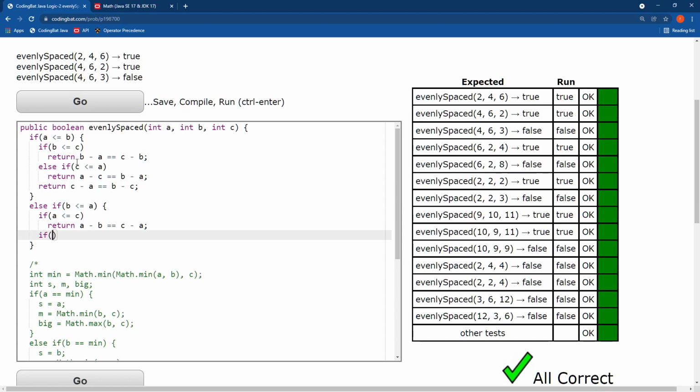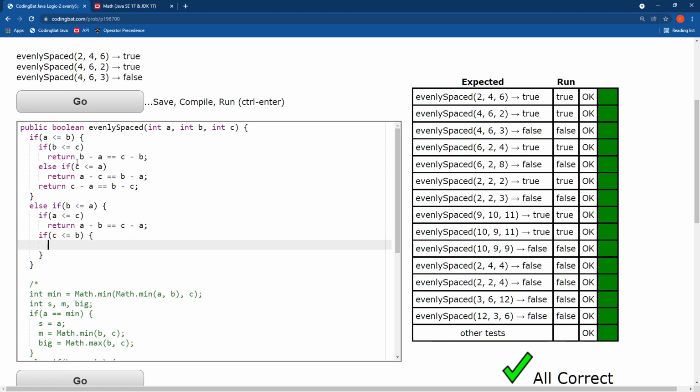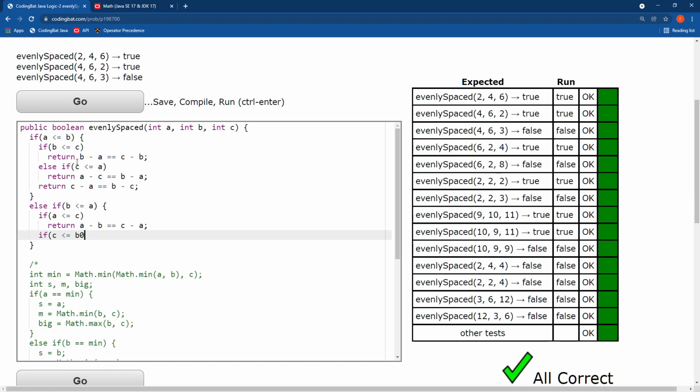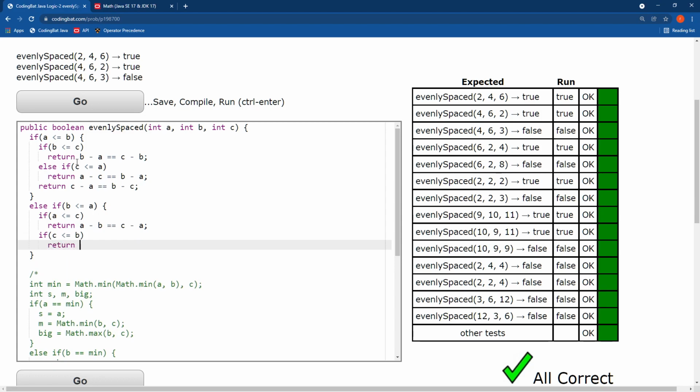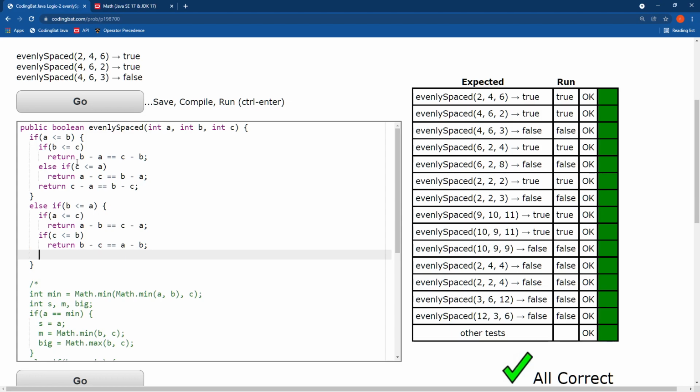And then otherwise there's also the possibility that C is less than B. So if C is less than B, the order goes C, B, A. So what I need to return is B minus C equals A minus B. And then otherwise I know that the order is... I don't need this else, I suppose. And then otherwise, if